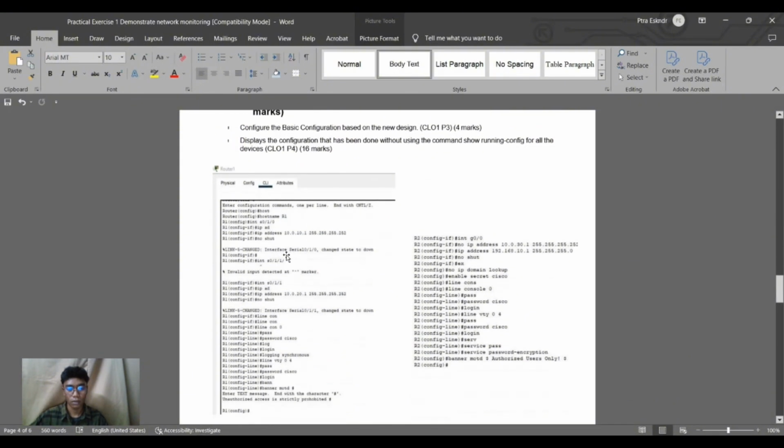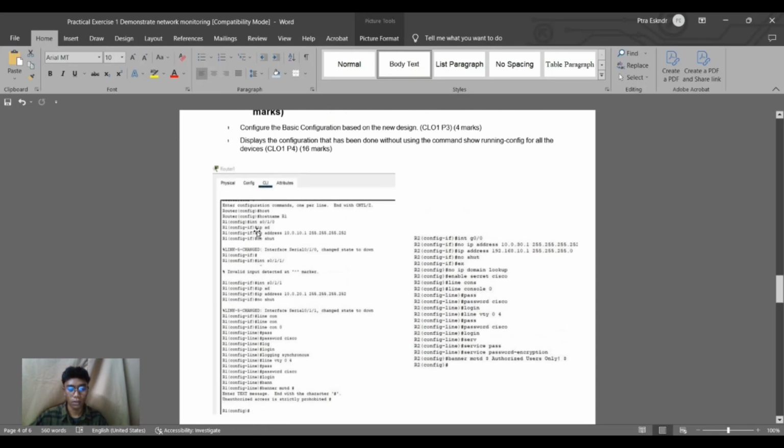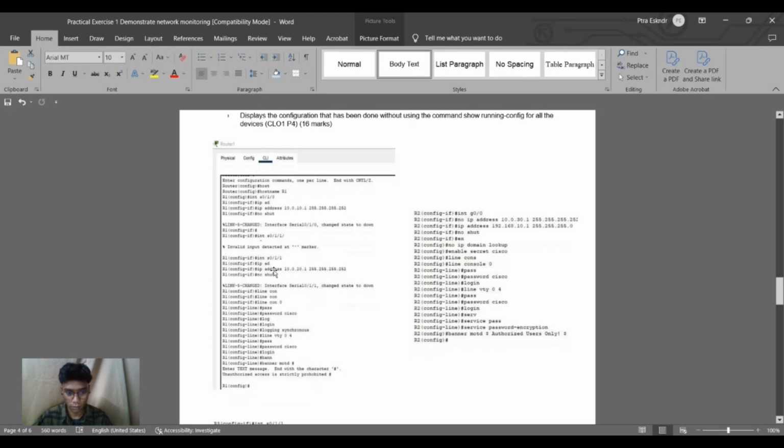So the configuration is for router 1. We configure the interface S0/1/0 with IP address 10.0.10.1, subnet mask 255.255.255.252, and then the interface S0/1/1 with IP address 10.0.20.1, and then subnet mask